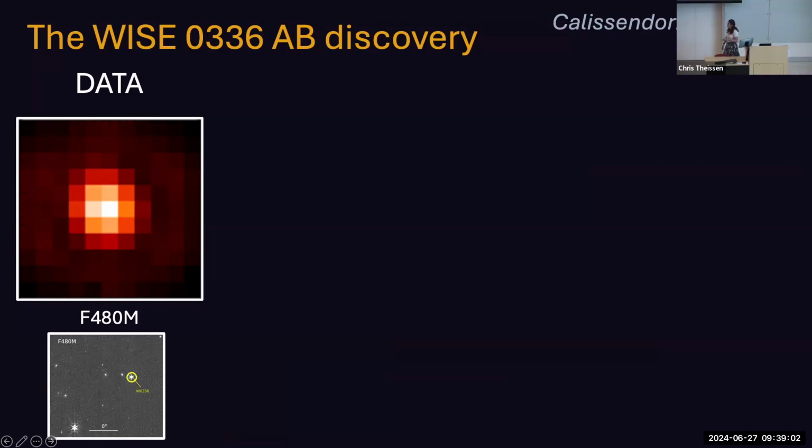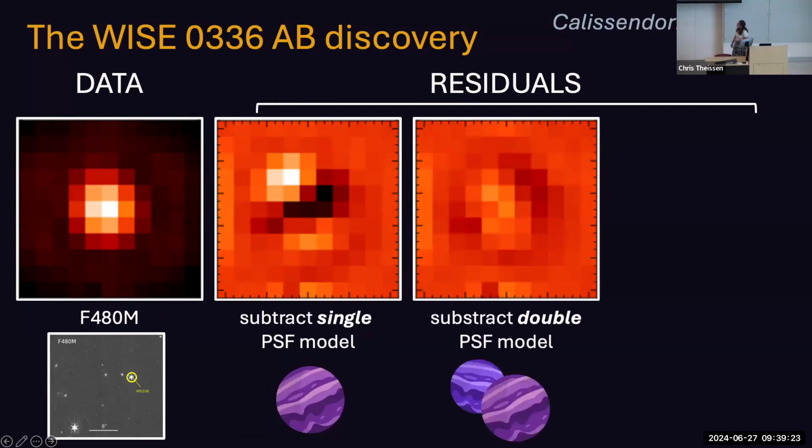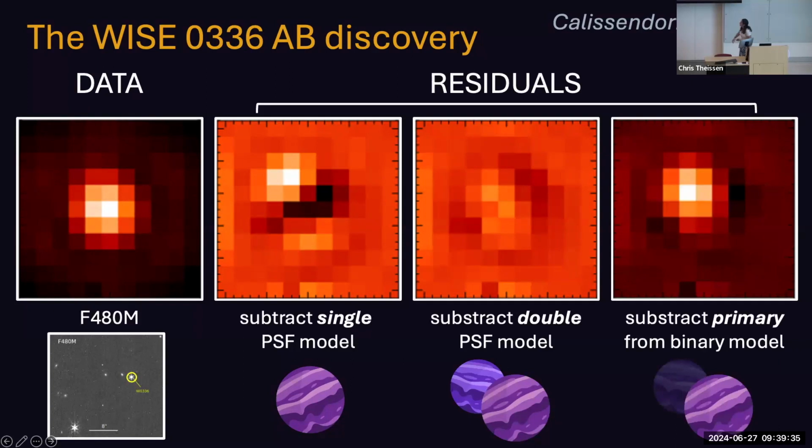So you probably don't believe me that it's a binary by just looking at this, which is fair. So what I'm going to do is to subtract a single PSF model from this. And what you see is that we end up with some pretty significant localized residuals up there at the top. So that means that the single PSF model was not doing a good job at accounting for all the light that we were seeing in this PSF. So the next thing I can do is to fit a double PSF model. And this time, it does a much better job at getting rid of these residuals, which tells us that it was a binary. And if somehow you still don't believe me, what I can do is to subtract only the primary from this binary PSF model in the middle panel so that the companion really pops out nicely behind the PSF of the primary.